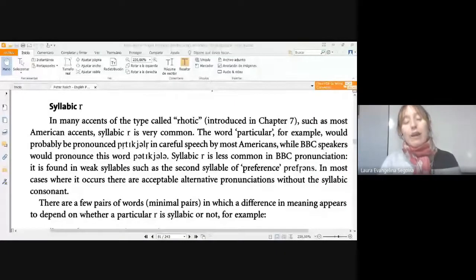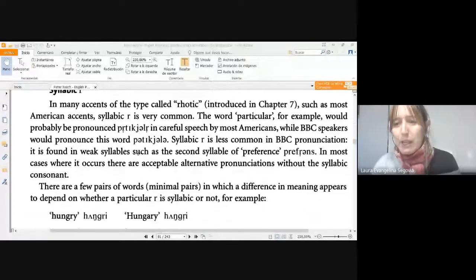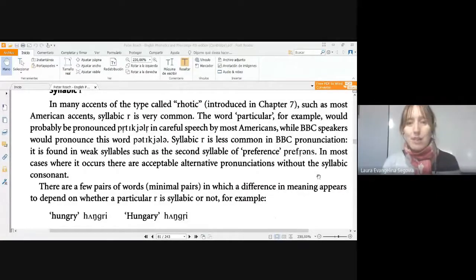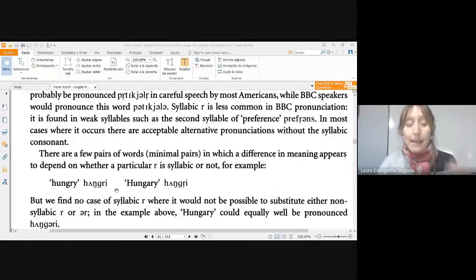Bien, vamos acá. También tenemos the syllabic R, which is similar to, remember the activity, you have to record the one that says restaurant. Vamos a ver con esa palabra, restaurant, tra. There, you omit other sounds in the middle in order to produce that syllable, which is weak, in a fast way. So there are some things, for example, as hungry,